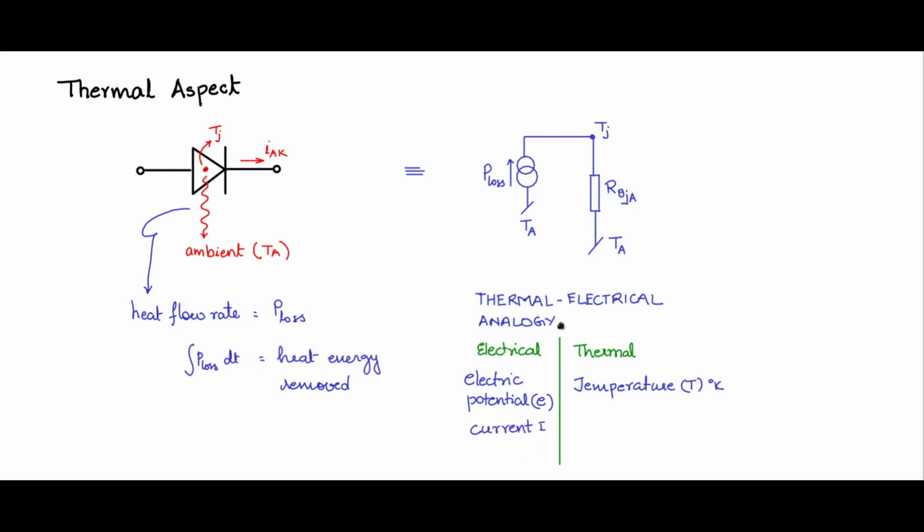Current I. So current which is flowing through in the electrical domain, we are calling it a current, and what is that value equivalent to? Nothing but the power loss. So it is power. In the thermal domain, what is flowing is power. What is the potential? Temperature. What is flowing? Power. This is nothing but heat flow rate.